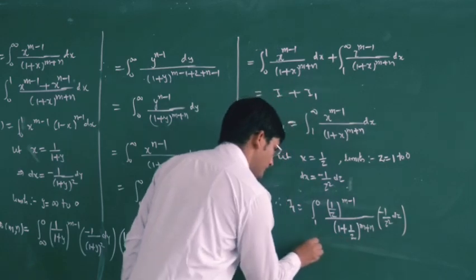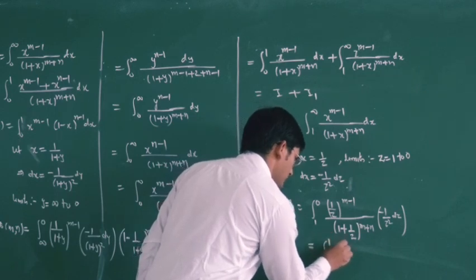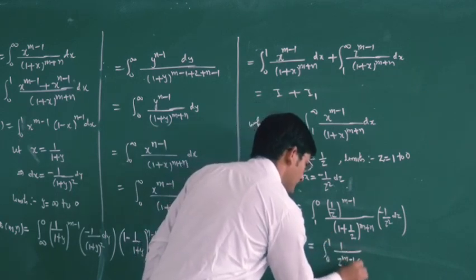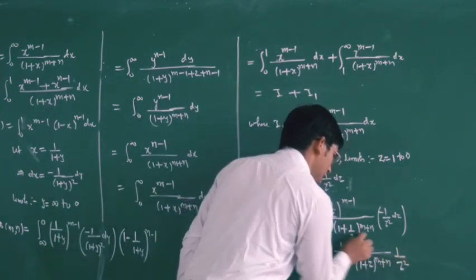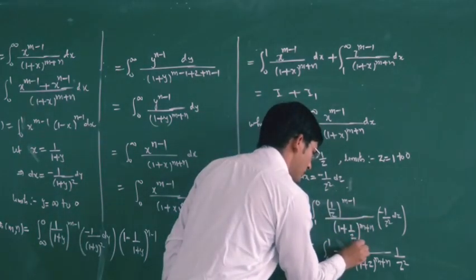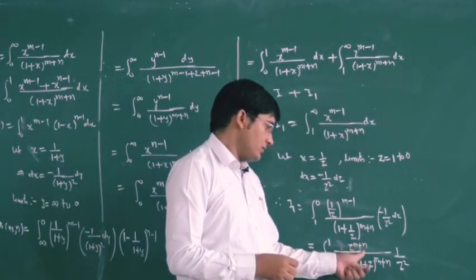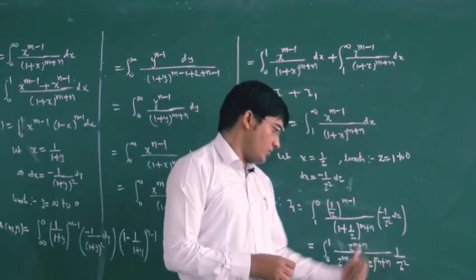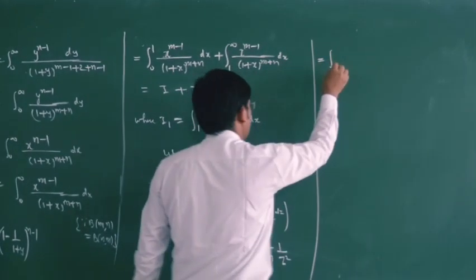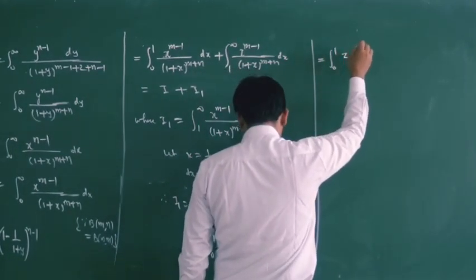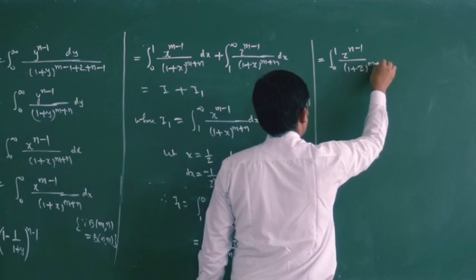So this is equal to, now let us interchange the limits. So we have 0 to 1, 1 upon z power m minus 1, 1 plus z power m plus n, then we will have 1 upon z square, and this power will go in the numerator, so we have z power m plus n. So this z power m will get cancelled with this one. Now this is minus 1, this is plus 2, so we have plus 1. So this is equal to integral 0 to 1 z power n minus 1 upon (1 plus z) power m plus n dz.